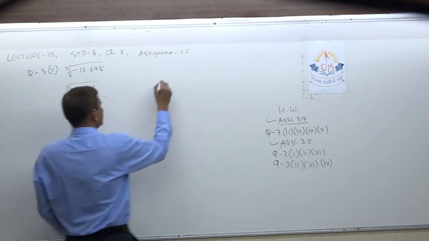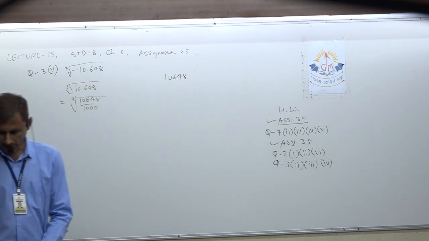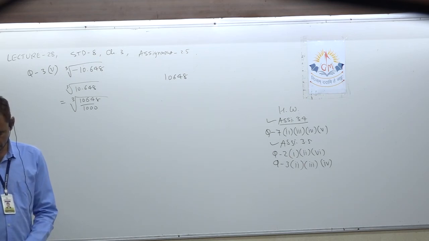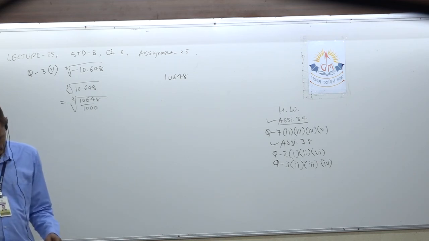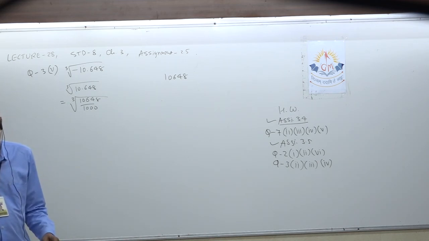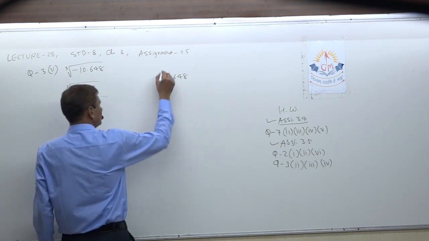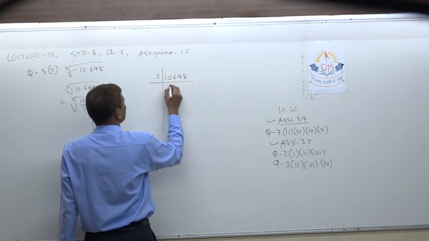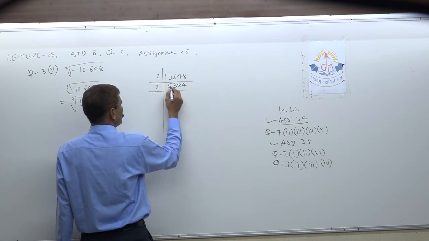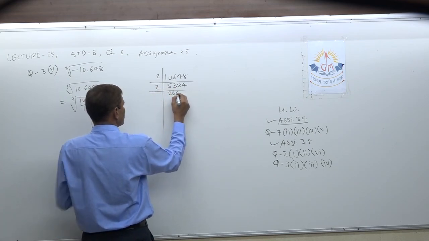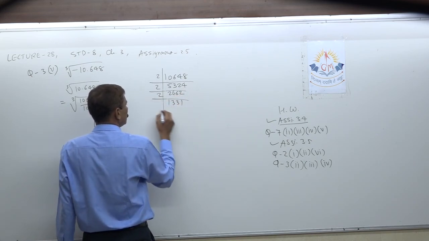Okay. Now again prime factorize 10648. It is a big number, you can try also. What can be the answer? Okay, so first of all, I divide by 2 only. 2 5s are 10, 2 3s are 6, 2 2s are 4, 2 4s are 8. Again by 2, 2 2s are 4, 2 6s are 12, 2 6s are 12, 2 2s are 4. Again by 2, 1 3 3 1.